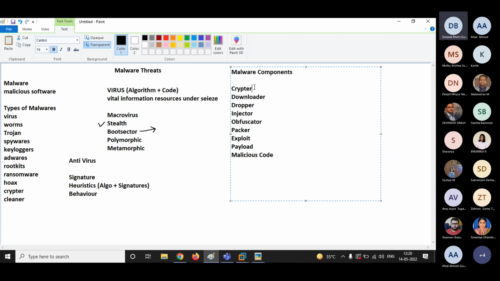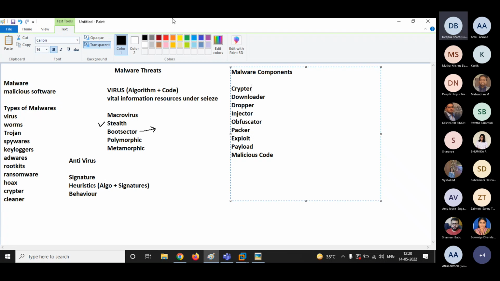Once you are inside the system, the system will be controlled using a payload. Then we have malicious code. It's the command that defines a malware function, whether the malware will be a Trojan, a virus, adware, ransomware, rootkit, whatever it will be.